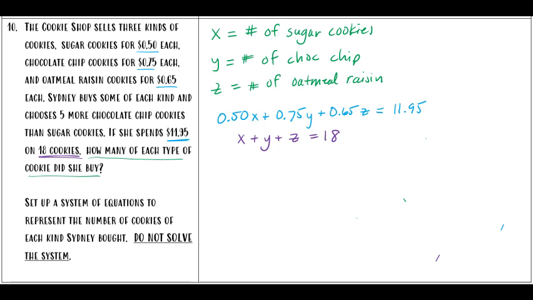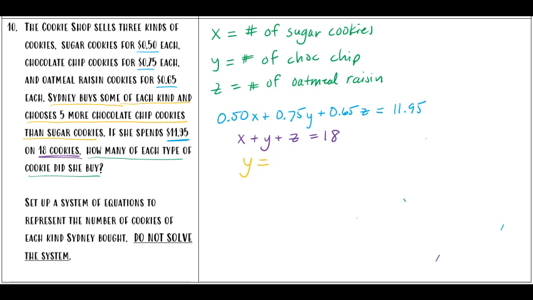Equation 3 is about the chocolate cookies and sugar cookies. So this one, I know that I'm going to be using x and y as variables because those are chocolate and sugar cookies. But the hard part is how do you set it up? So what I like to do is one is going to be bigger. The one that's going to be bigger is going to be by itself. So it says she buys 5 more chocolate cookies than sugar cookies. So she's going to have more chocolate cookies. So I'm going to put y